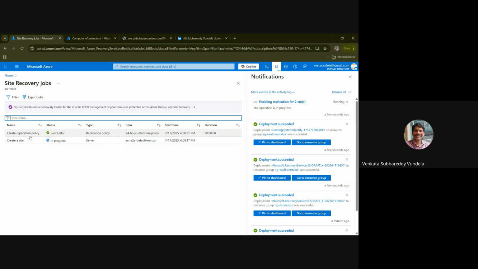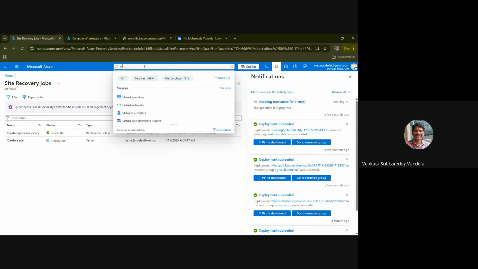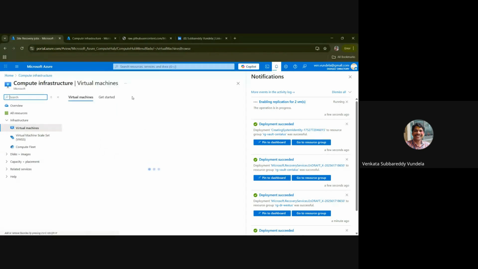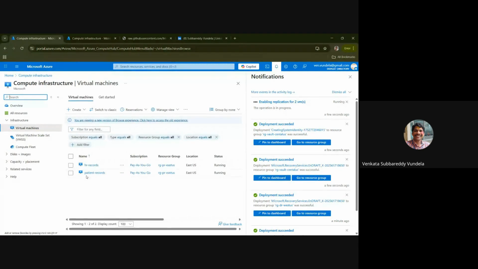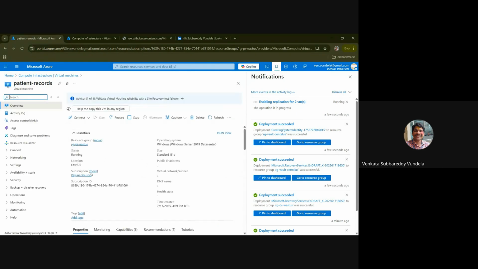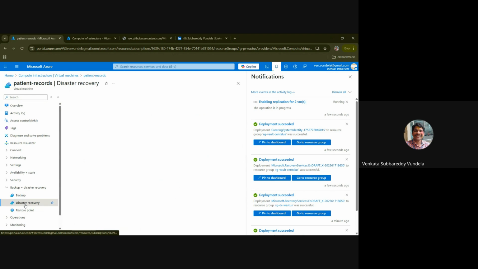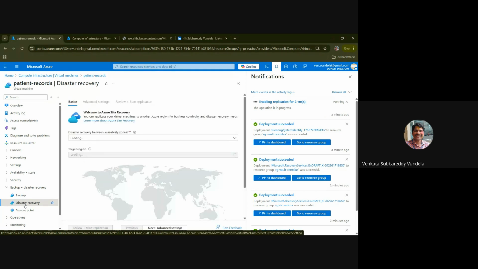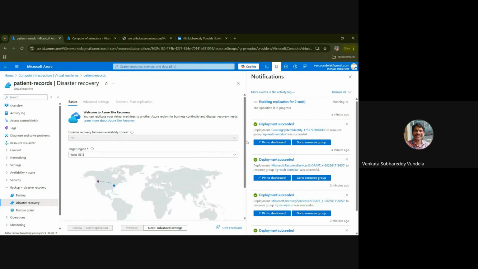Currently the replication policy is done. From the virtual machines we can also see the replication. Just select the virtual machine, go to backup and disaster recovery, and go to disaster recovery. Allow me 1 or 2 minutes to reflect the status.